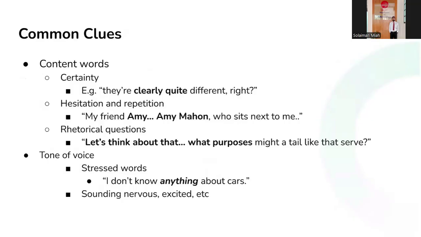There are two main types of clues for attitude questions. The first is the content, what the person actually says. For example, words like clearly indicate that the person is certain about something. Meanwhile, hesitating and repeating something might indicate that they are uncertain that the person they are talking to understands. The second category is their tone of voice. It might just be a single word that the speaker stresses. Or it could be a larger sense of emotion in their delivery. Tone of voice alone is not really tested, but it can give you a hint in combination with the actual